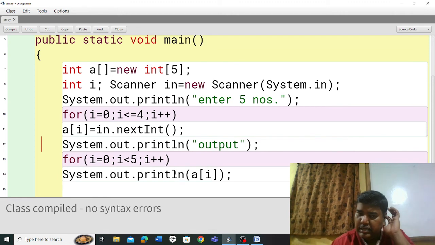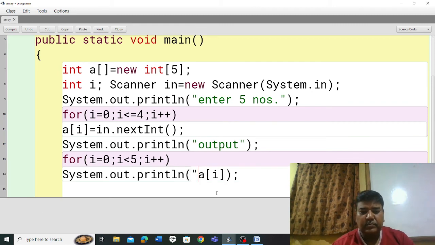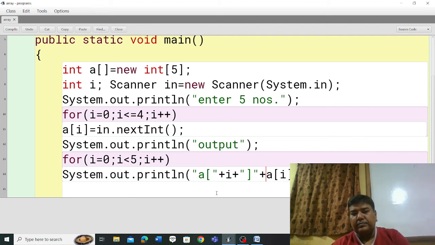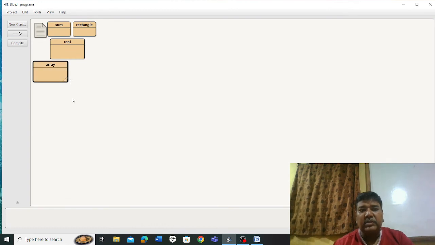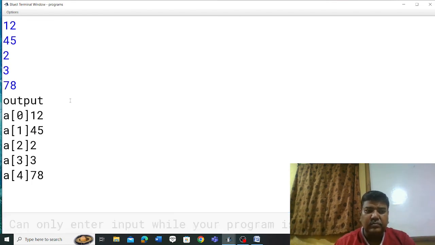Suppose you want to see the location number also in the output, then you can print like this. I hope it is correct. Yes, it is correct, no syntax errors. Now see how to run, it will print the location number also. Enter 5 numbers first. See, a[0] 12, a[1] 45, a[2] is 2 only, a[3] is 3, a[4] 78.